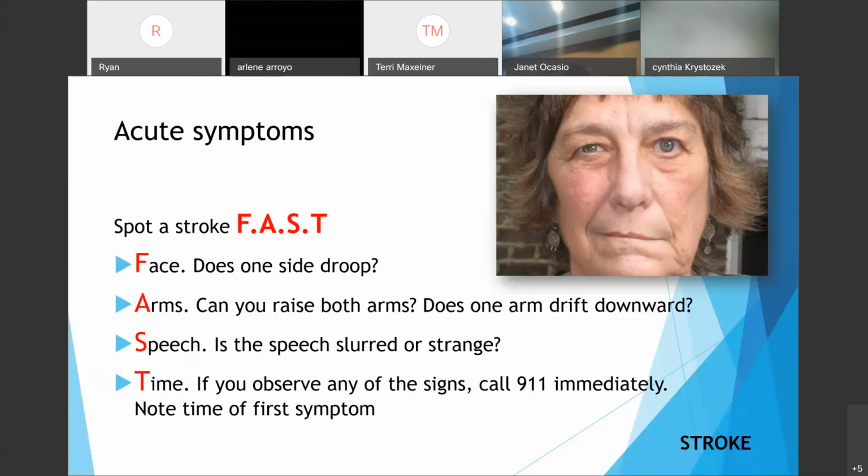Arms. The A in this acronym stands for arms. Can the person raise both of their arms? Does one arm drift off to the side when we ask them to raise those arms? The S stands for speech. So is the speech slurred or strange? And then the T is really important as well, the time. We need to note the time that we observe the first signs and call 911 immediately. Noting the time of those symptoms is going to be very important to report to the hospital because once again, that is going to